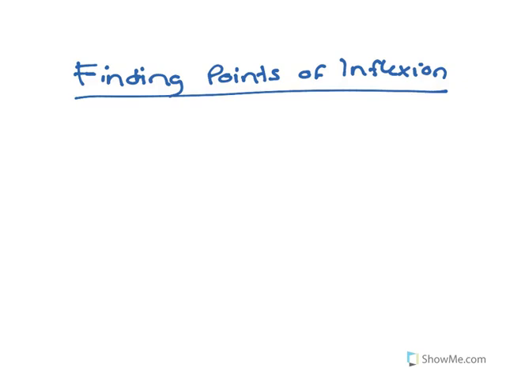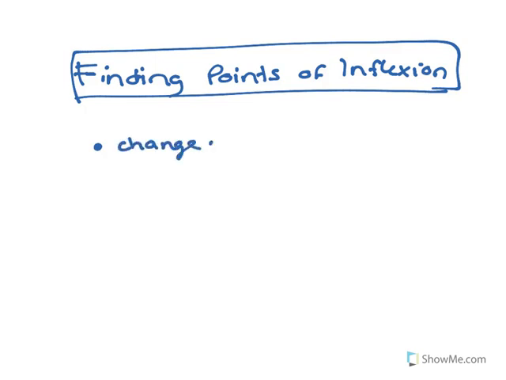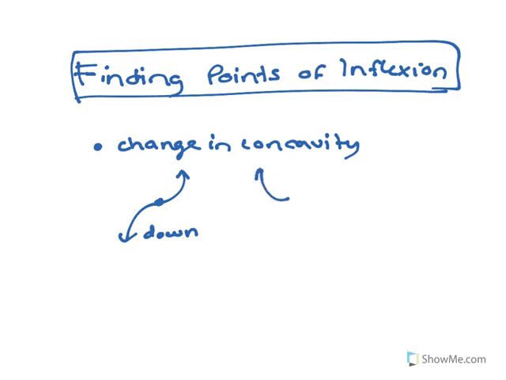Okay, I just want to look at how you can find points of inflection. And first of all, what is a point of inflection? So a point of inflection is basically where there is a change in concavity. So it means where it goes from concave down to concave up, or where it goes concave up